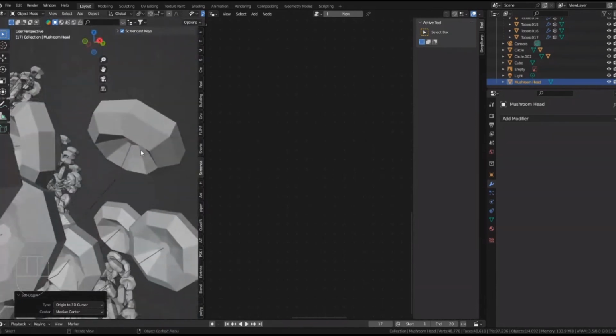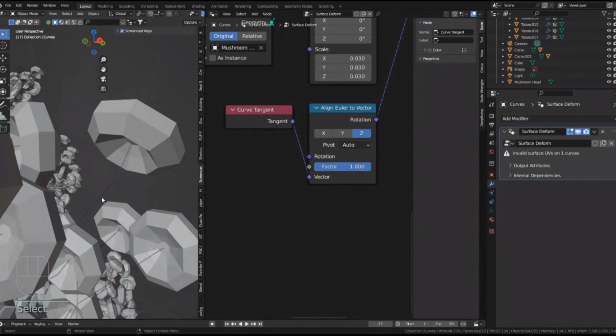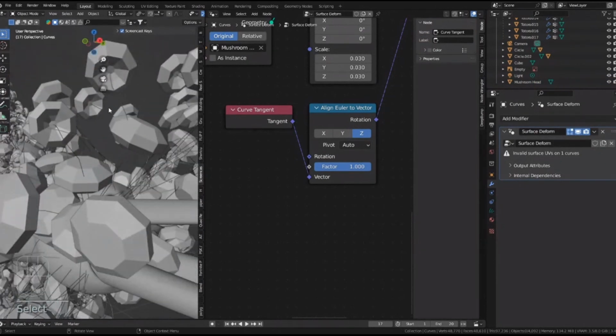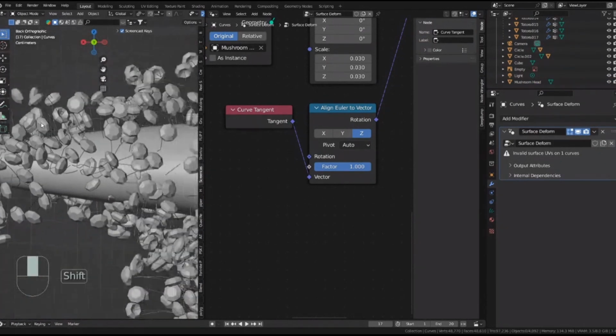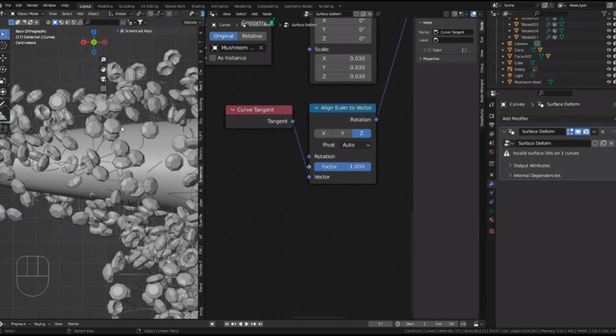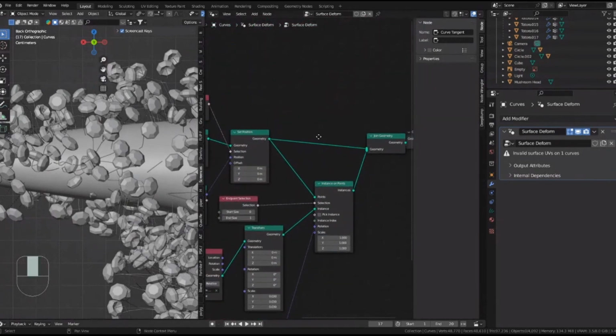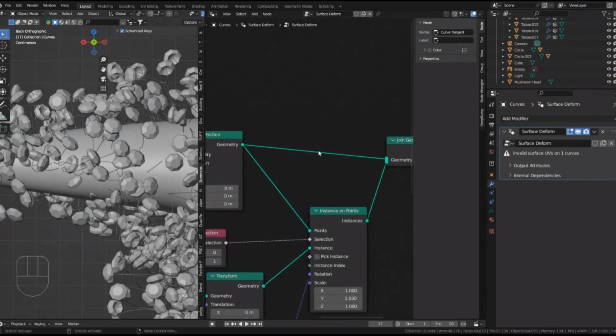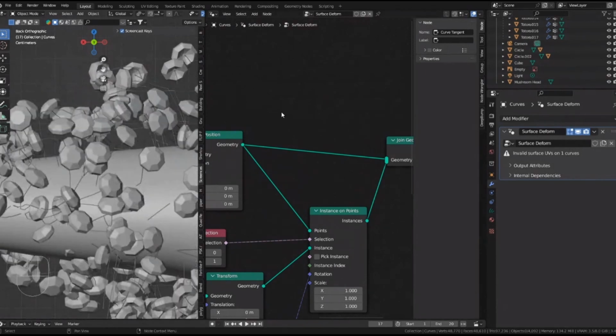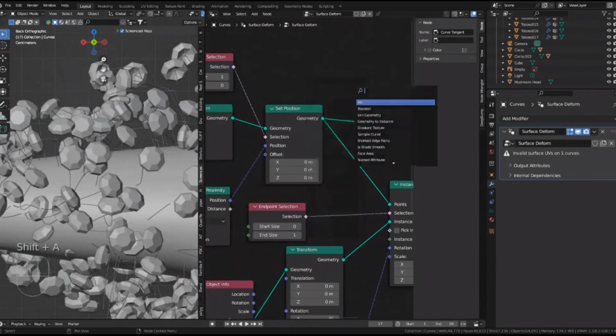All right, so this is now the mushroom head, and this thin hair is something we could potentially swap for a mushroom stem by adding some very easy thickness. I'm just going to show you a quick way and call this a day. I can extend geometry nodes tutorials forever because it's a lot of fun. We can, for example, Shift A, search